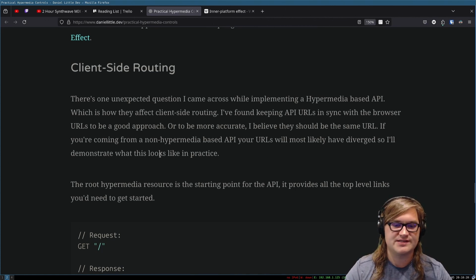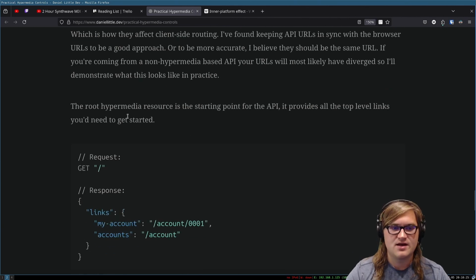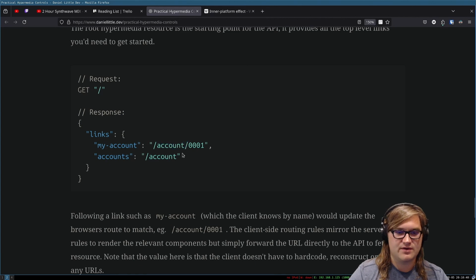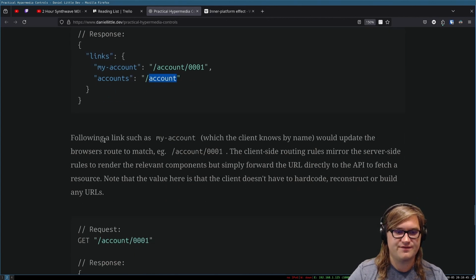So I'll demonstrate what this looks like in practice. The root Hypermedia resource is the starting point for the API, and it provides all top-level links to get you started. Okay, so you get the base, and then the response is links, and then you say my account, and okay, it gives you the URLs for the different things. Following a link such as my account, which the client knows by name, would update the browser's route to match,